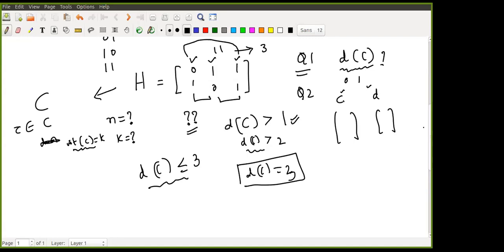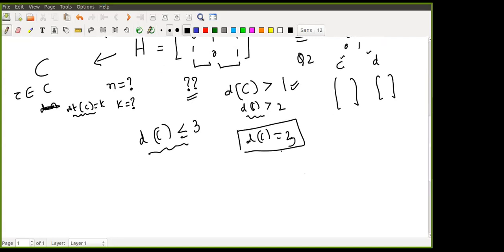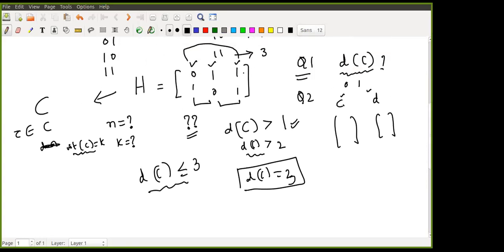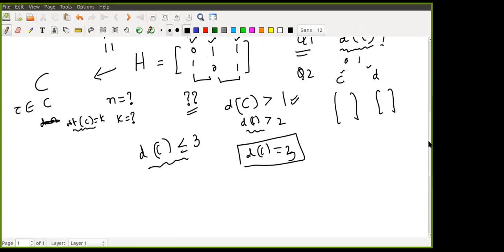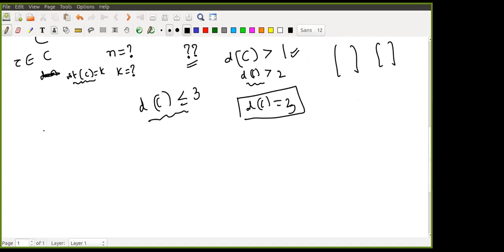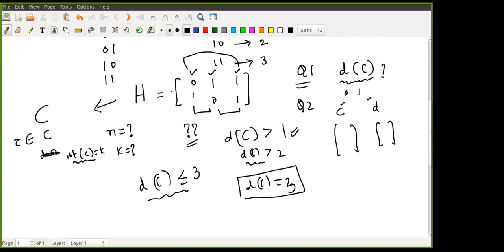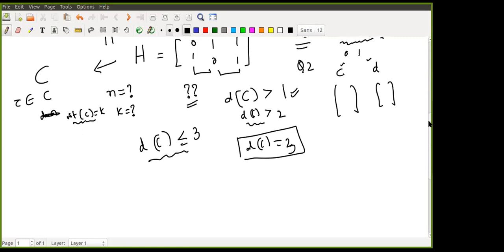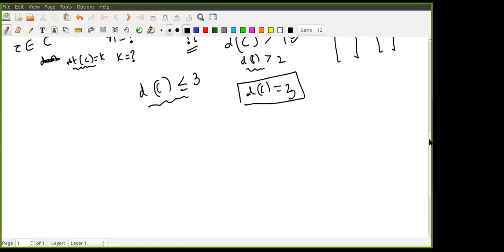Okay. Now, what is the generator matrix for this? You know how to compute it and all, so I'll not go into that. The distance of the code is 2, right? It is not a generator matrix. It is a parity check matrix. Okay, that's okay. That's where confusion comes.